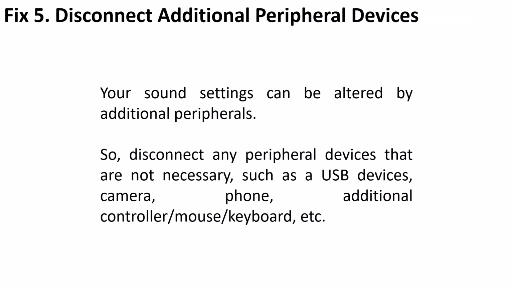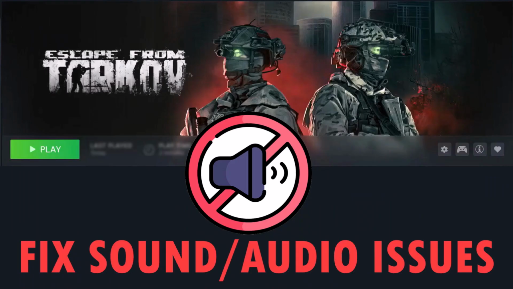Fix 5 is to disconnect additional peripheral devices. Your sound settings can be altered by the additional peripheral devices, so disconnect such peripheral devices that are not necessary. For example, USB devices, camera, phone, additional controller, mouse, keyboard, etc. and then check. So by following these fixes, you can easily solve sound or audio issues in Escape from Tarkov